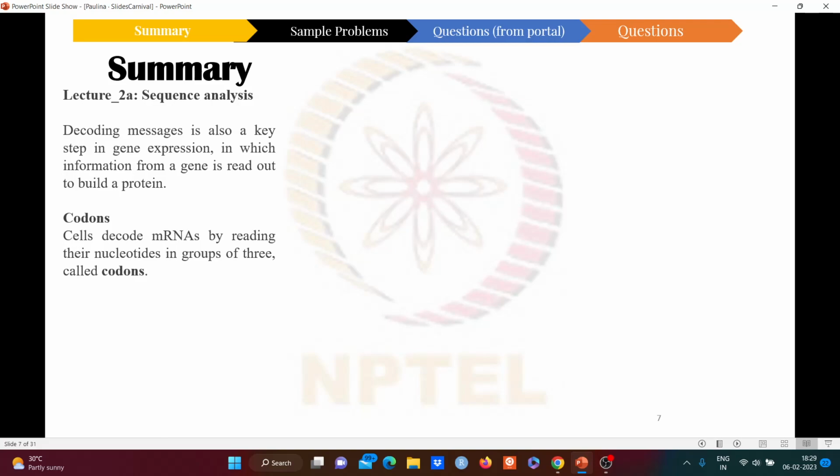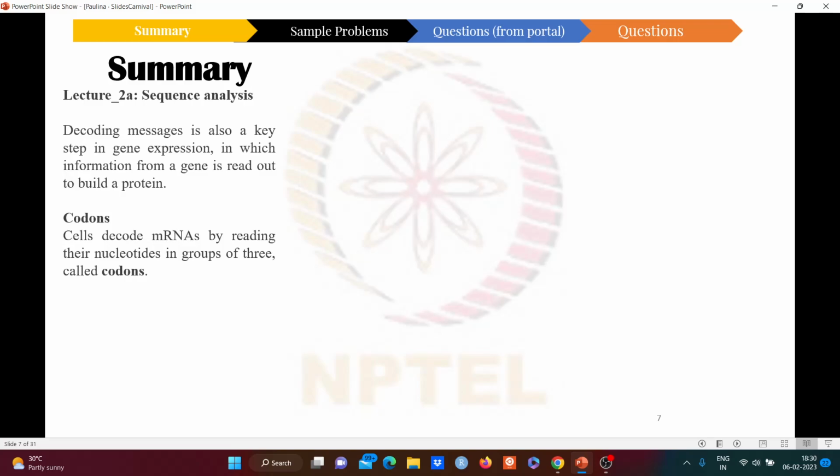In a group of 3, they are called codons. That is, when we have an mRNA sequence, considering 3 nucleotides at a time is a codon. So I'll be explaining more details about codons, and we'll be solving some problems based on these codons today. So most codons